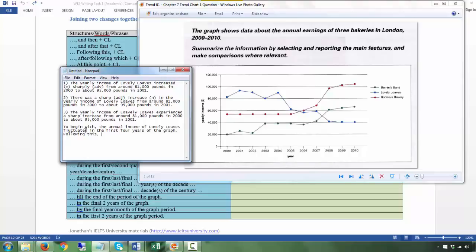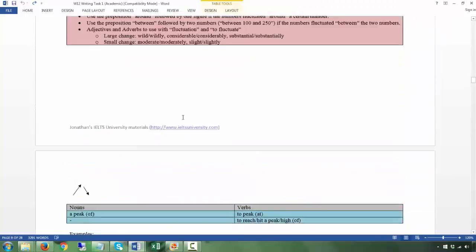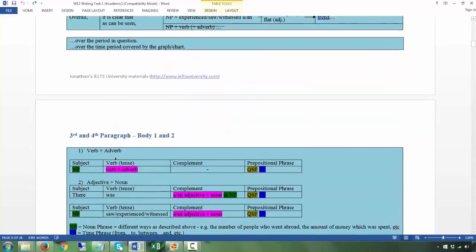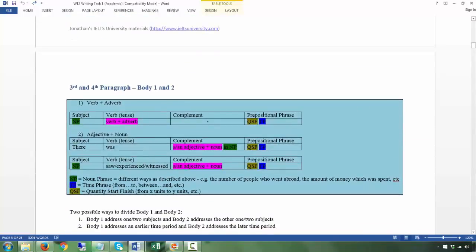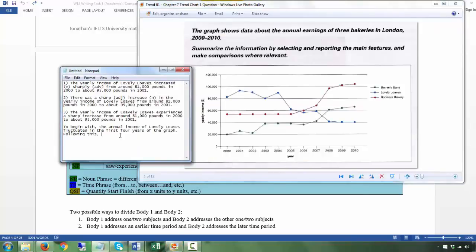Now, I don't want to use the same structure. The annual income of lovely loaves fluctuated. Now, what structure is that? Okay, if you remember, it's basically using this, the first one, which is the most common kind that students will use. Okay, maybe I want to start using this. So I would say following this,